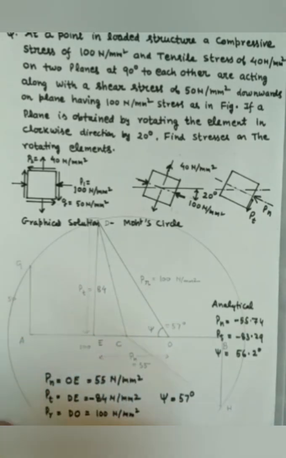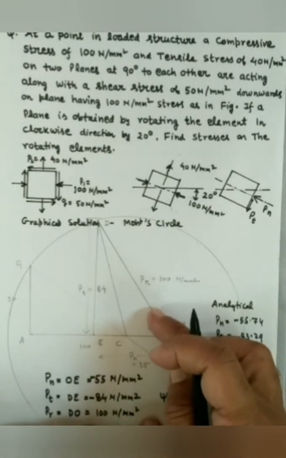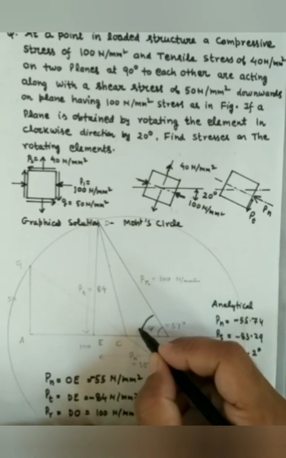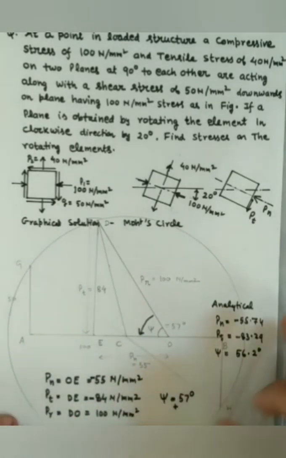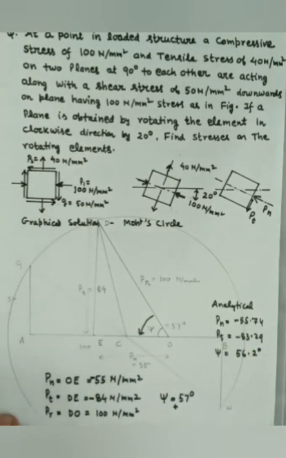OE is also in the negative direction of the x-axis, so Pn will also be negative. The angle psi is measured anti-clockwise, so it will be positive, which is 57. So we see that graphical and analytical values are exactly